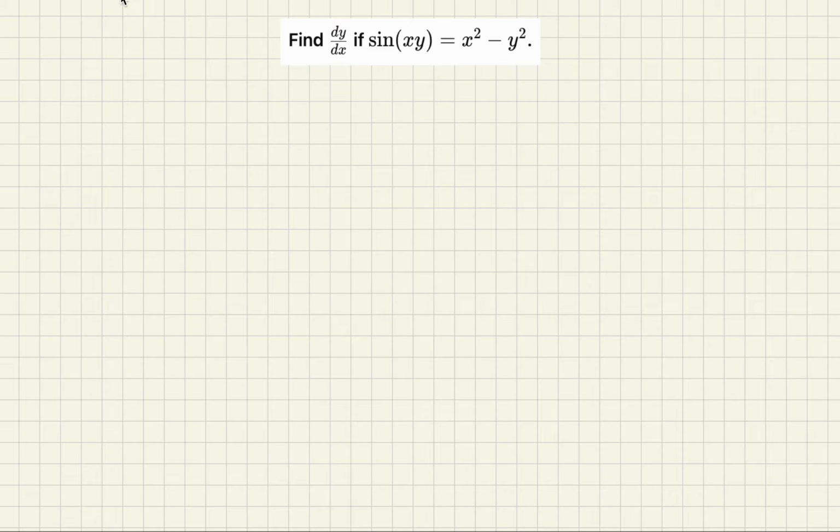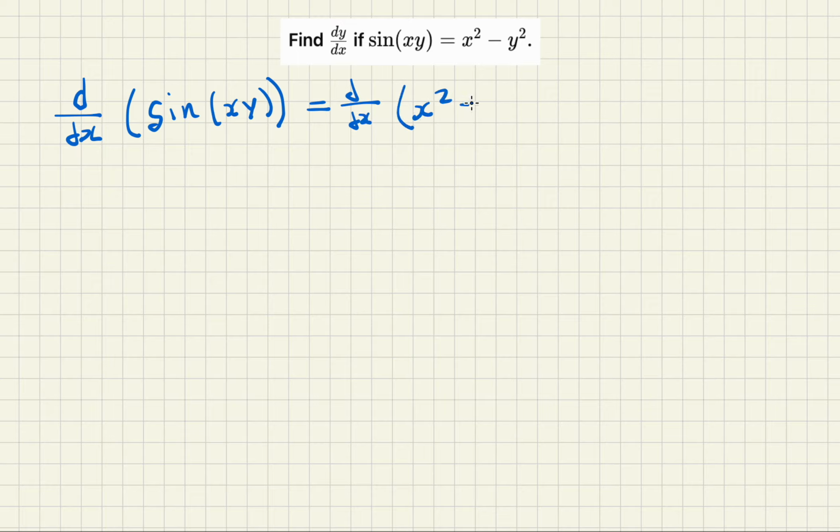So, a similar question with a trigonometric equation instead. d over dx of sine xy equals d over dx of x squared minus y squared. So now all we need to do is differentiate, and in this case the derivative of sine of xy is equal to cosine of xy